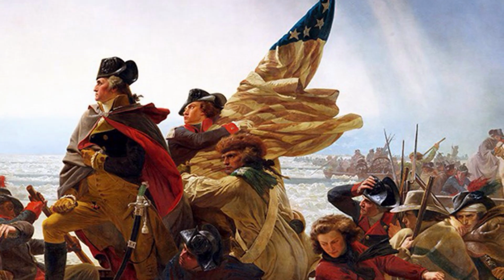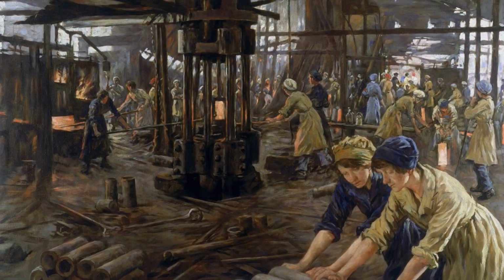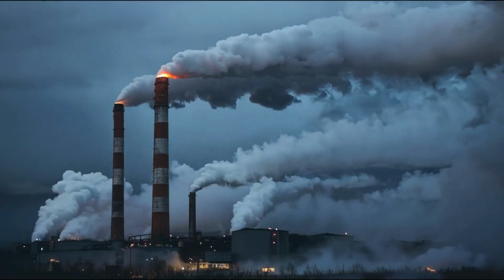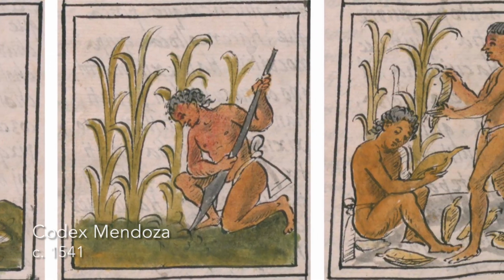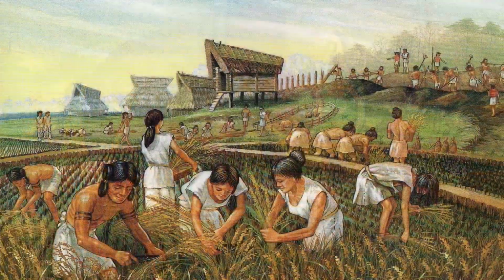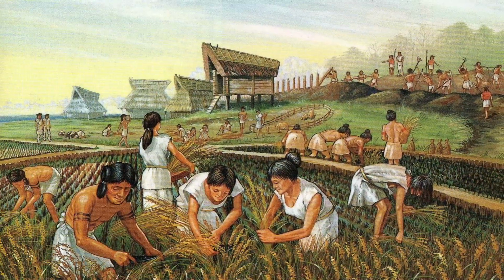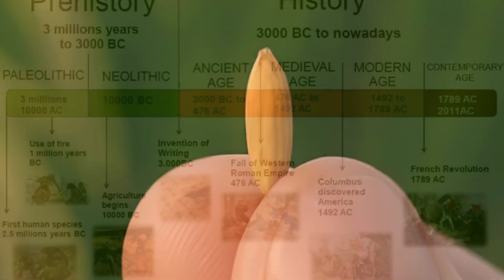Revolution. The American Revolution had its cannons and guns. The Industrial Revolution was made possible with factories. But what's so amazing about the Neolithic Revolution, which was the shift from hunter-gatherer societies to agricultural communities, is that this revolution had its humble beginnings in a tiny little seed.